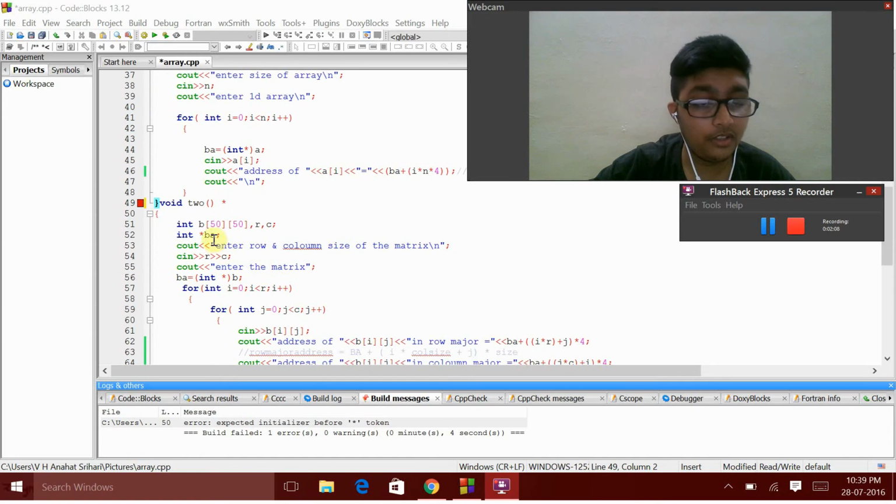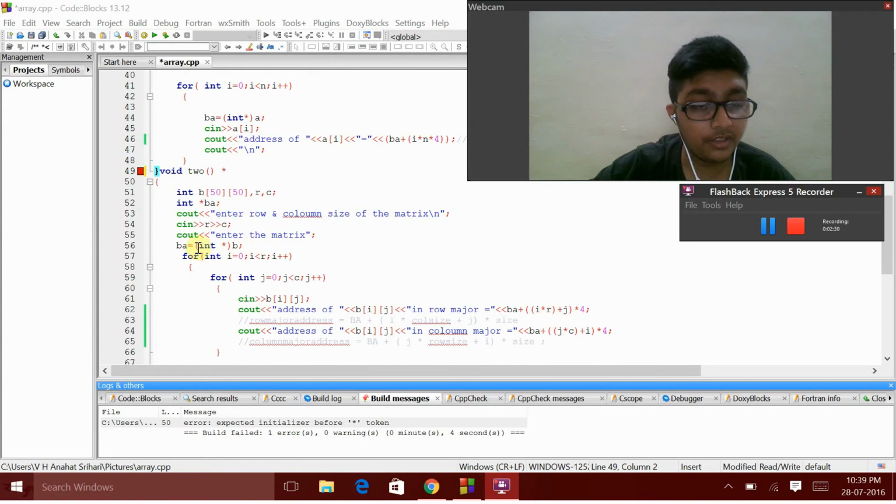In the same way I have declared it for the two dimensional array. I declared a two dimensional array with row and column, and the same int pointer. The user enters the size of the matrix and the elements of the matrix, and the base address of the element is calculated. Then, using a double for loop, I have calculated the address of each cell in the two dimensional array